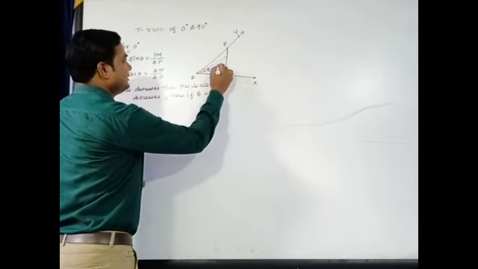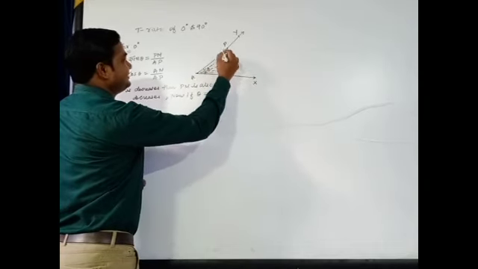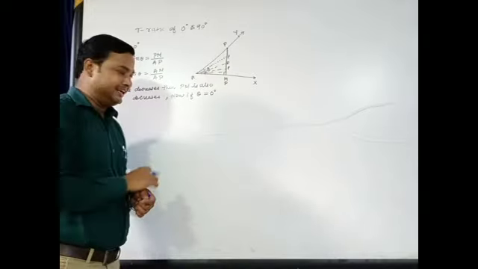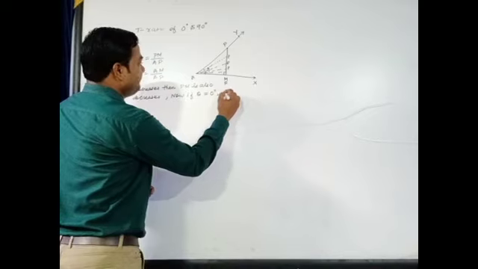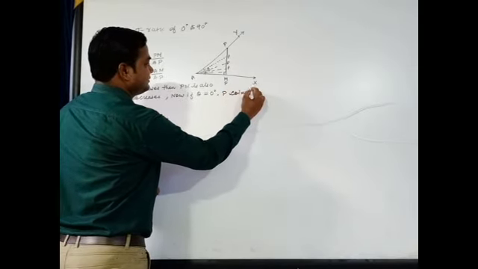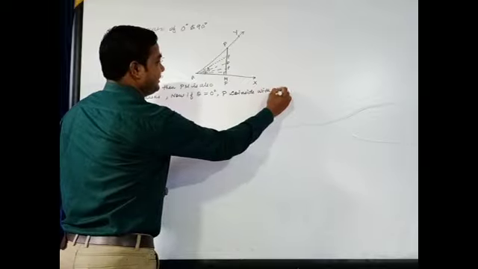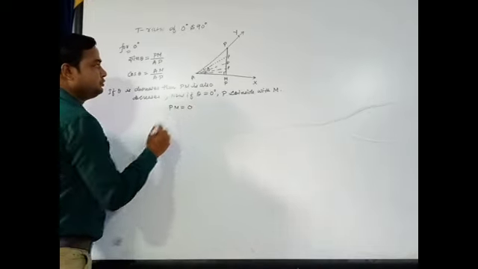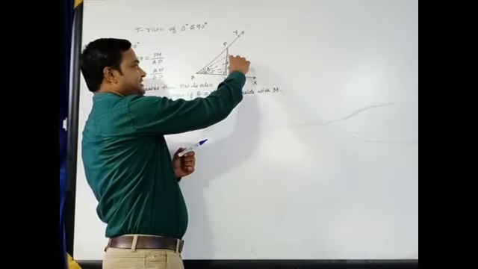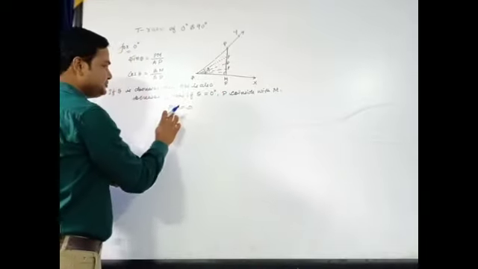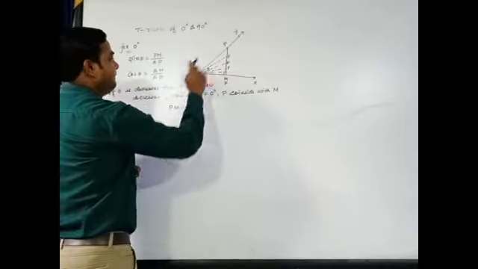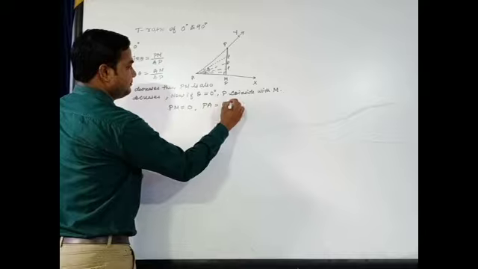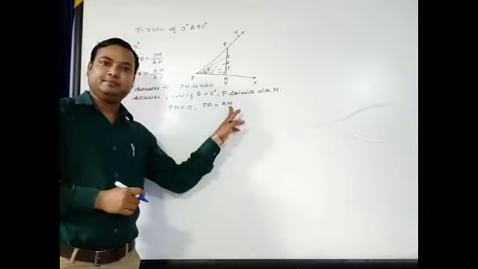Look how it decreases, then this is P, this is P, this is P, and this P coincides with M. It means when theta is equal to 0, P coincides with M. P coincides with M means PM equal to 0. The value of PM decreases, it means it is 0. And PA is equal to AM.